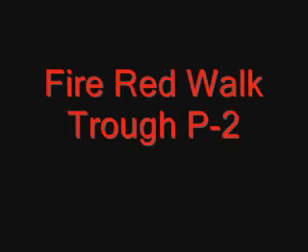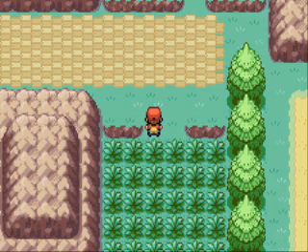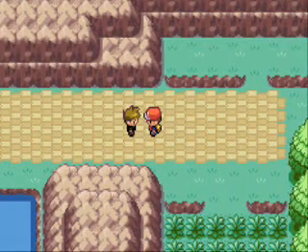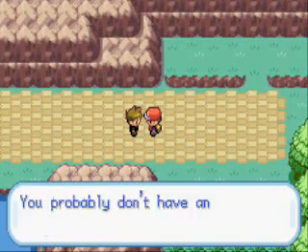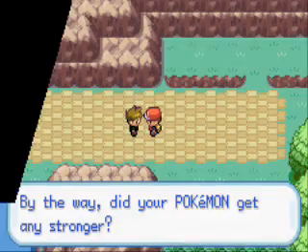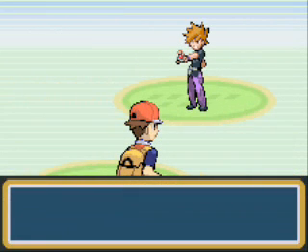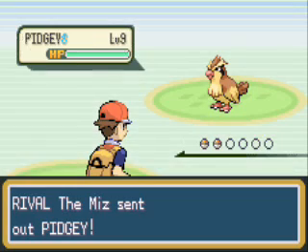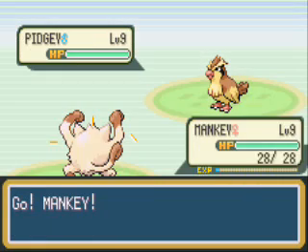This is my Pokemon FireRed walkthrough part 2. We start off here by battling our rival for the very second time. He just says you can't get through the Pokemon League without badges and yada yada. He has a level 9 Pidgey and a level 9 Charmander because we chose